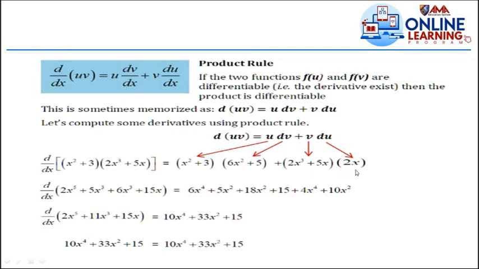And after that, we're going to simplify. So, using the FOIL method, no? X squared by 6x squared, 6x to the 4th. X squared by 5,